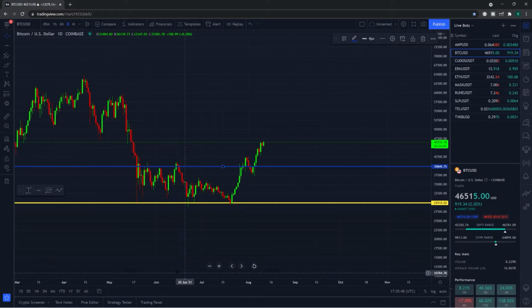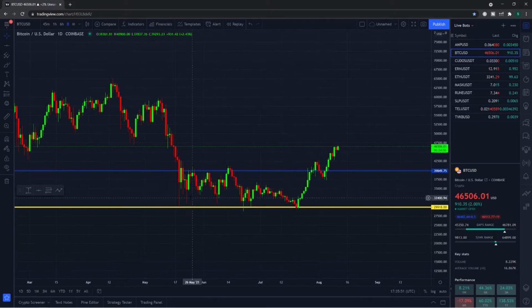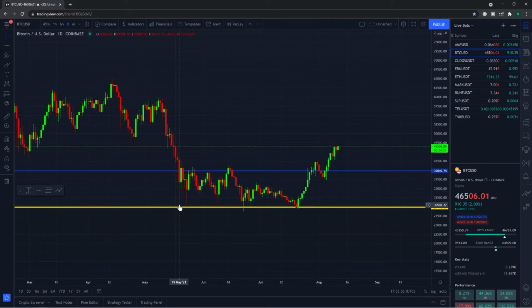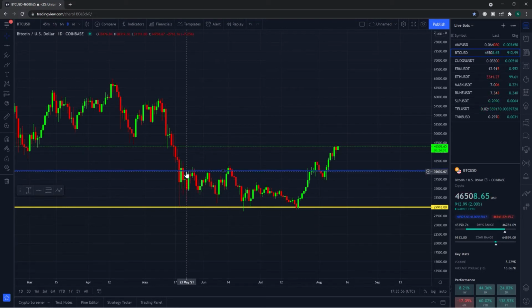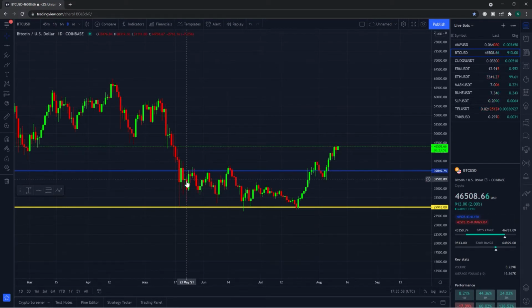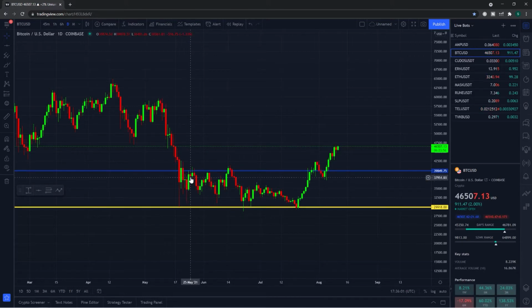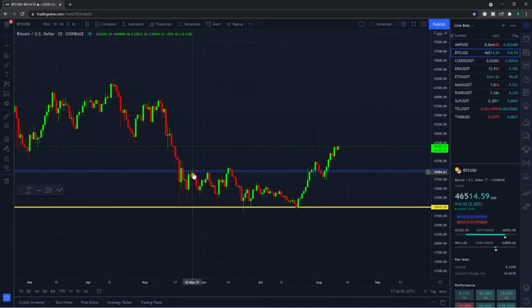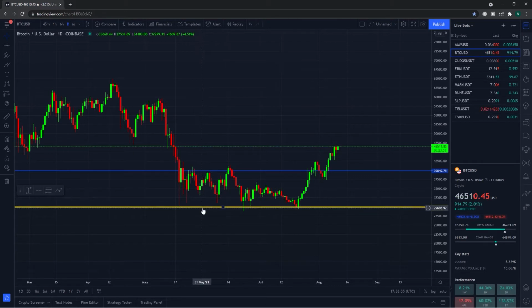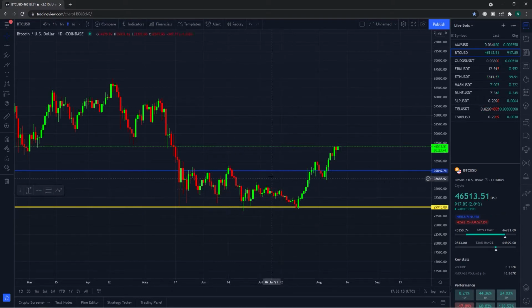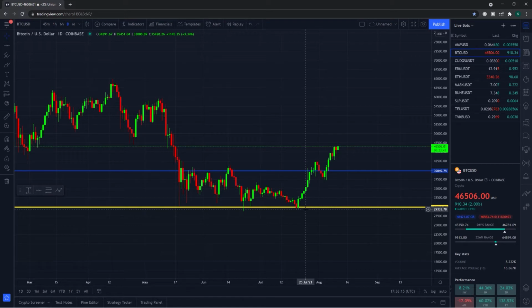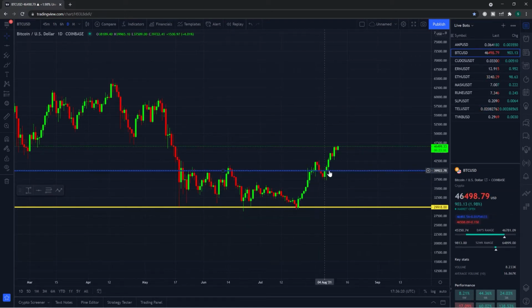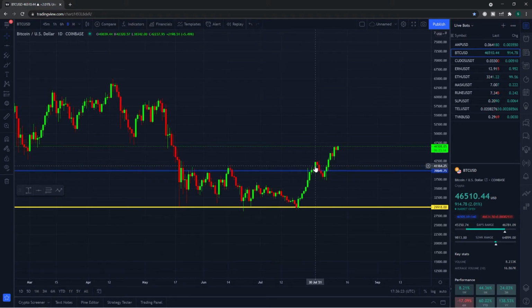Here, let me straighten this out a little bit more so it looks better. So right here, the price goes down, hits it, bounces back up, hits this level of resistance, and then bounces back down. It hits it again, goes back up, and then hits resistance, and then goes back down. Doesn't quite hit this support level, but it hits this level of resistance, and it keeps bouncing back and forth between these two levels of support and resistance until just recently it passed through this price of resistance,